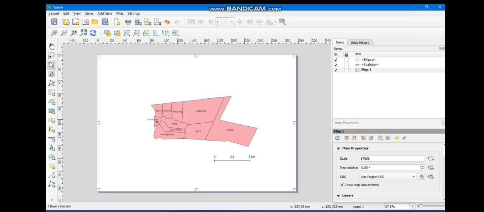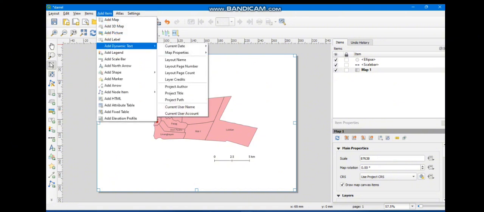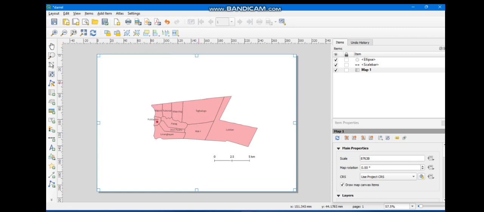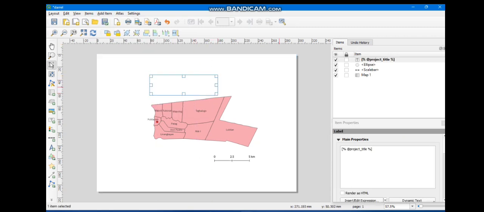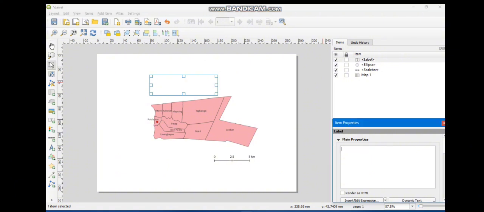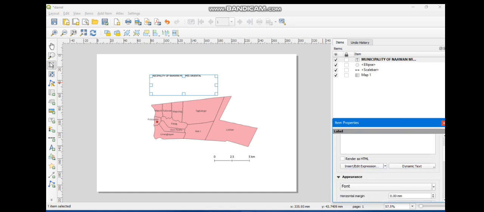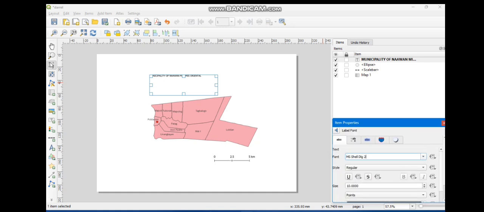As you can see now, my study area is in Poblacion, and then click add items, and then name the municipality of Naawan, Misamis Oriental, and then we will now adjust the font. So it's already clear.